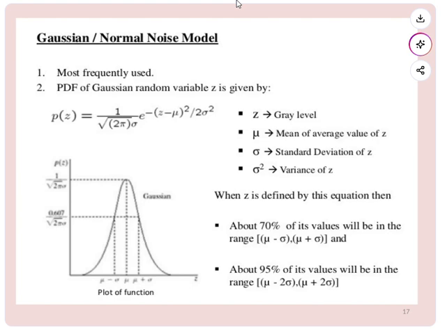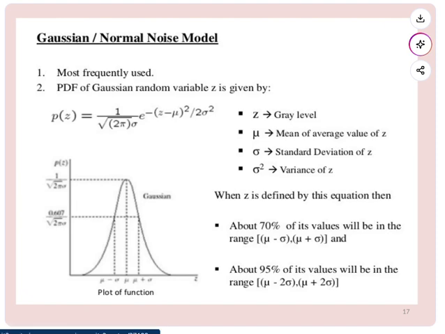So this you have to remember, the probability density function of the random variable, and then you have to draw the diagram. So here you can see this is the plot of the function. This is the peak value, or the highest value, where the value is 1 by square root of 2 pi zeta, and in between the averages it is 0.607 divided by square root of 2 pi into zeta.